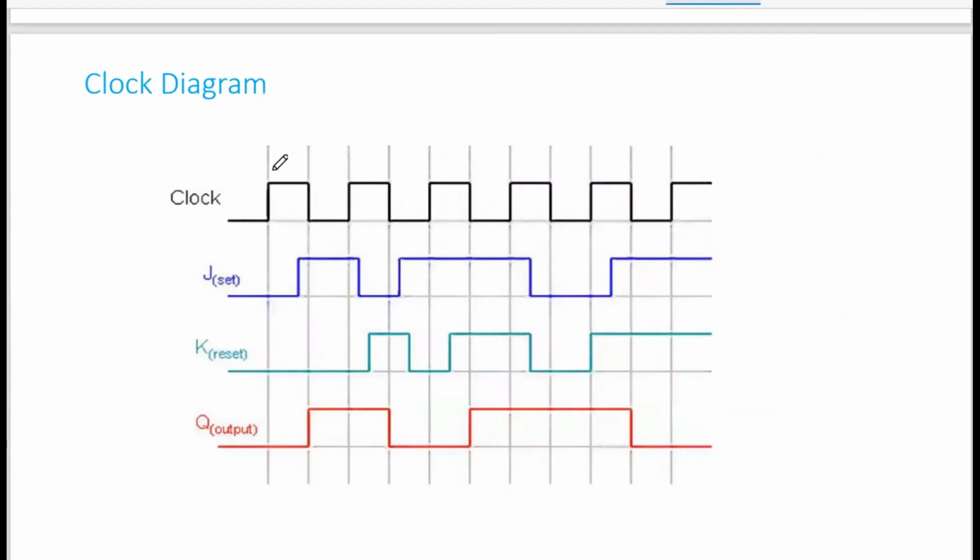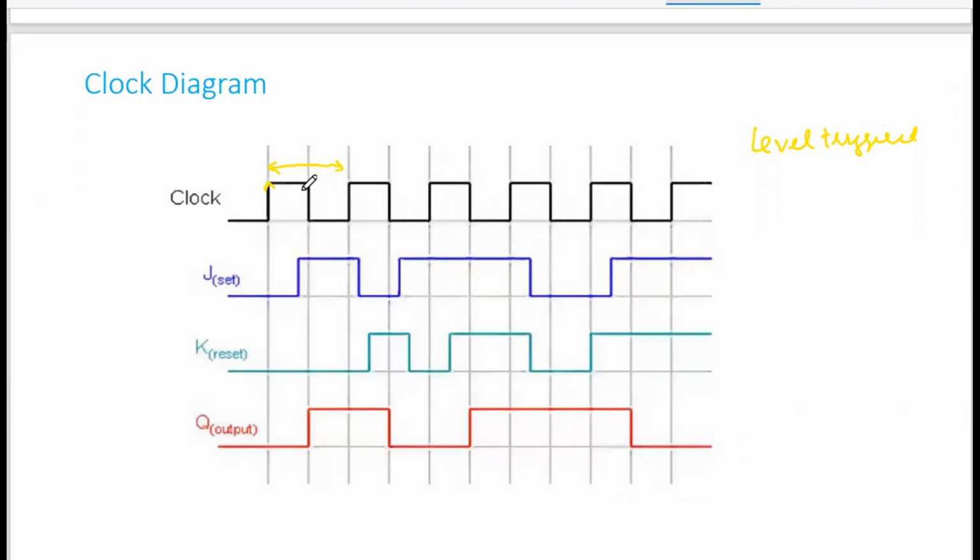So clock is there. So this is the one time period. And what kind of clock is this? This clock is level triggered. Why level triggered? Because in between, if there is change in the value of jk, your output will be changing. The output changes after a certain duration. This is called delay, and we will be discussing delay at the end of the class today. So when j is equal to 0, k is equal to 0, your output is 0. Here you can see your clock arrives. So when the clock arrives, with j equal to 0 and k equal to 0, your output will be retained.